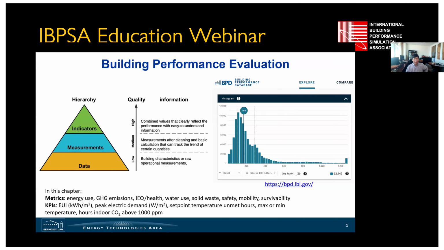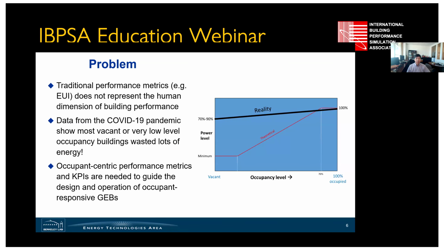And so the hierarchy is basically looking at all the data from the built environment, like sensors and meters, those are the raw data, but you also have sensing of the indoor environmental conditions, like the temperature, humidity, CO2. So at the end, those get used to calculate the indicators, for different types of KPIs that later we can use to help us understand how a building actually performs.